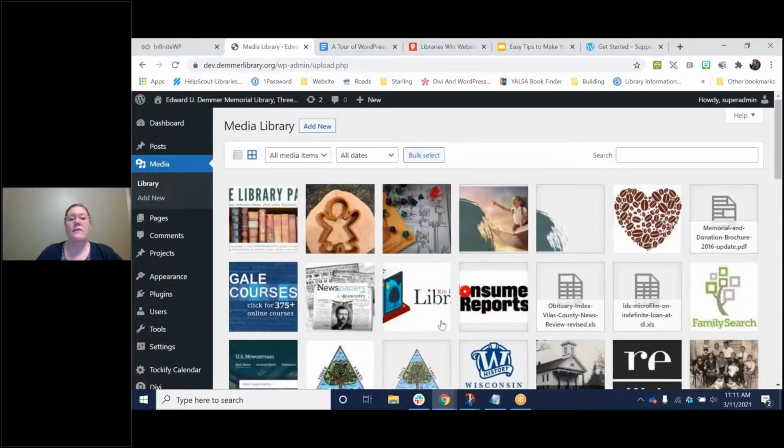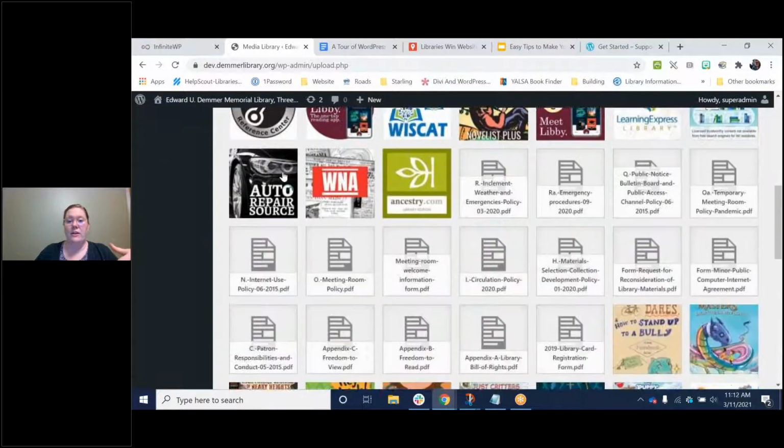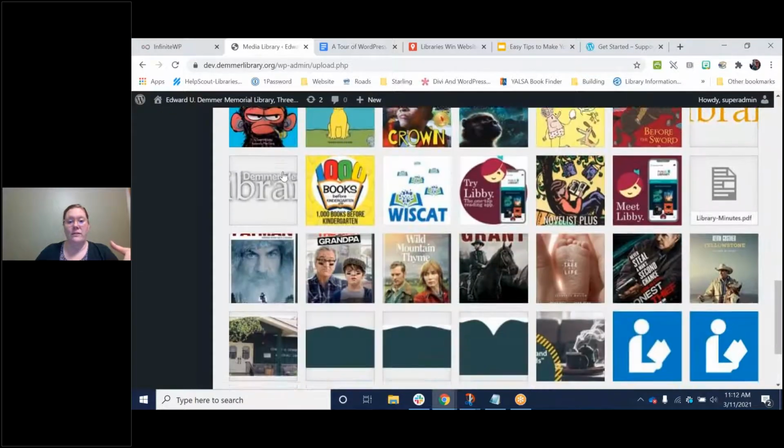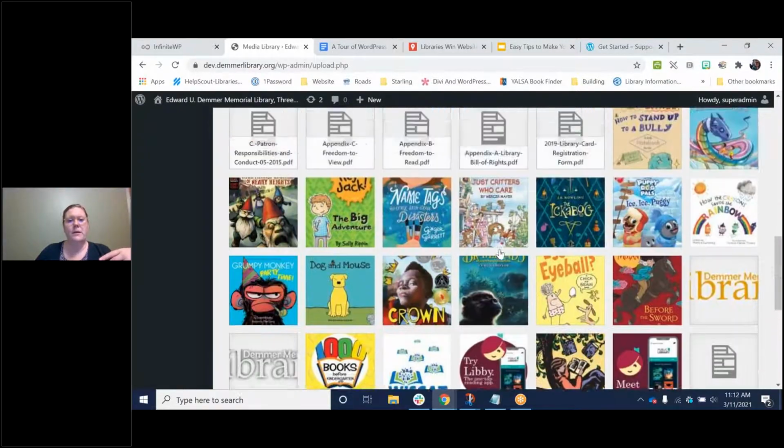Media. Media is where all of the images and files, I should say PDFs or handouts or brochures linked on or sitting on your website, live. So these are all the images that are currently on the draft 3 Lakes website. And you can see some repetition, so there needs to be some cleanup here.